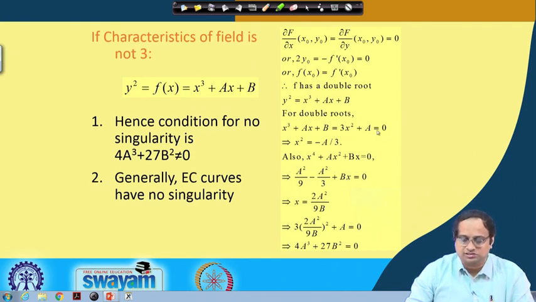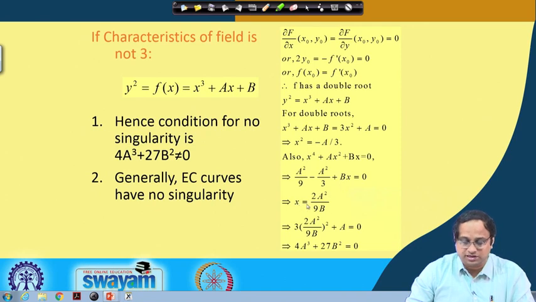So, if 3x squared plus a is equal to 0, which means x squared is nothing but minus a by 3. Now if you take this equation x cube plus ax plus b equal to 0, and multiply x on both sides, then I get x to the power of 4 plus ax squared plus bx equal to 0. X to the power of 4 you can write as x squared squared, that means minus a by 3 whole square, which is a squared by 9, and x squared you can substitute by minus a by 3. So, you get minus a squared by 3 plus bx equal to 0.